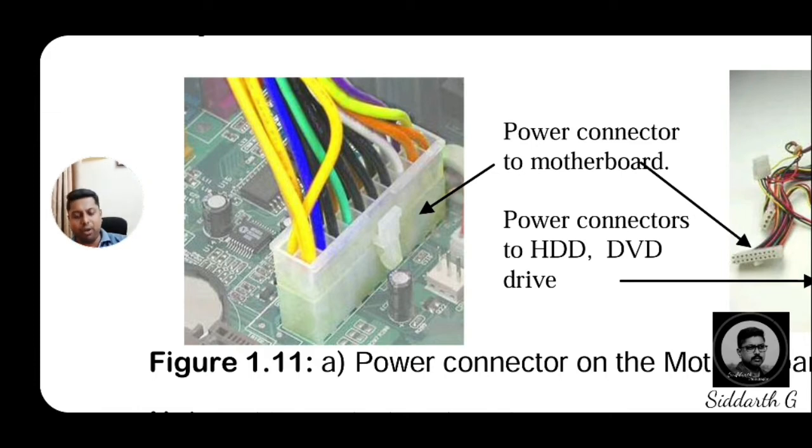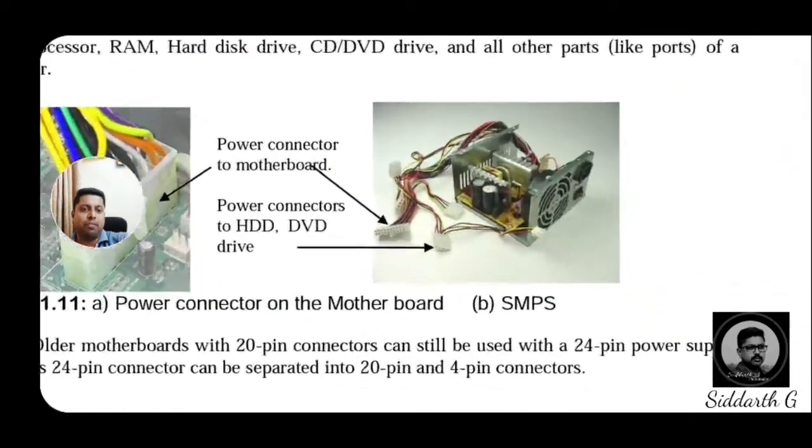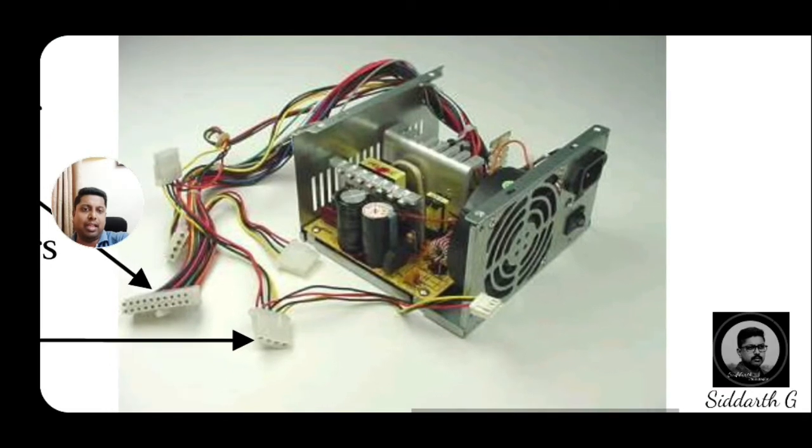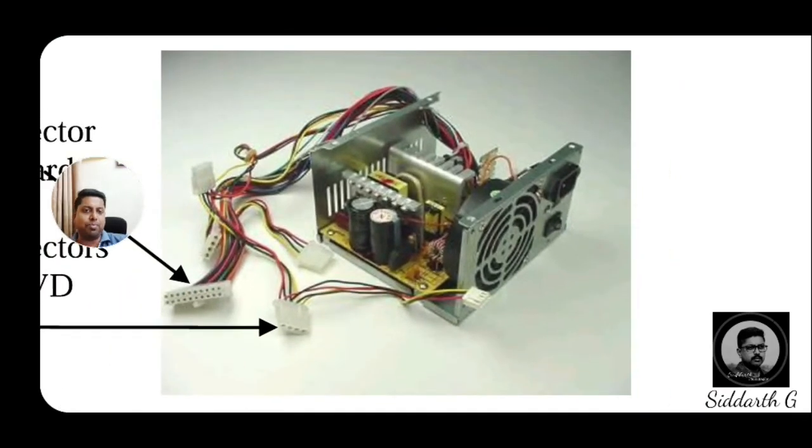Then how the power will be supplied to the computer, and which device is behind this, we'll discuss now. Before coming to the SMPS, this is a physical SMPS diagrammatical representation. Inside the CPU, on top, you can identify one rectangular or square shaped box. Inside that box, this particular device is installed.